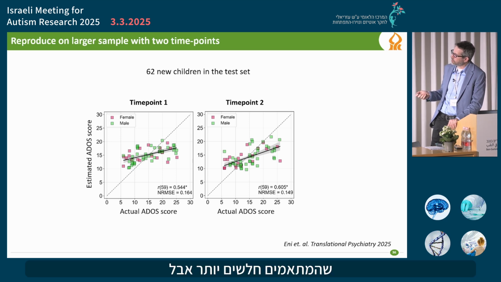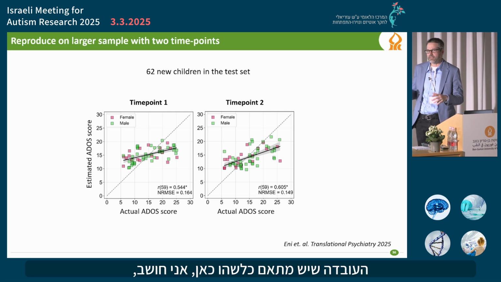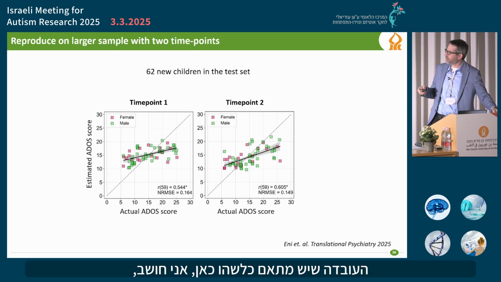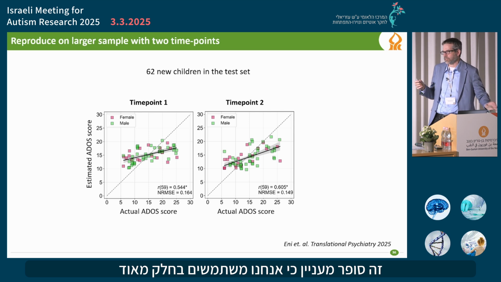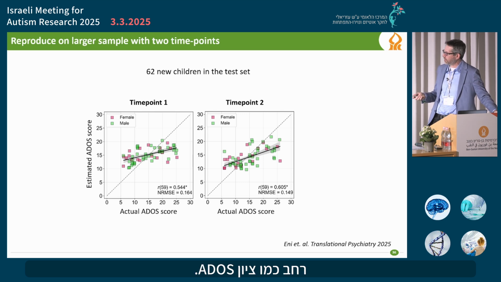You see that correlations are weaker, but still highly significant. And the fact that there's any correlation here, I think, is super interesting because we're using a very narrow part of the child's behavior, just their speech, to try and estimate something very broad like an ADOS score.